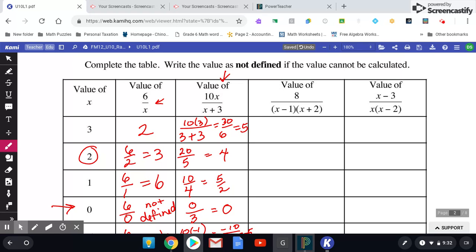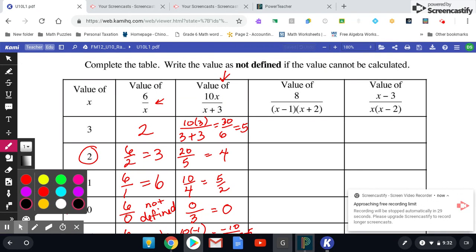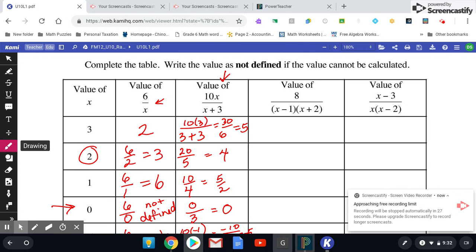Let's just do a couple more here. Maybe I won't do them all. I'll do the ones that are important. So if I start on this next place here, it says the value of